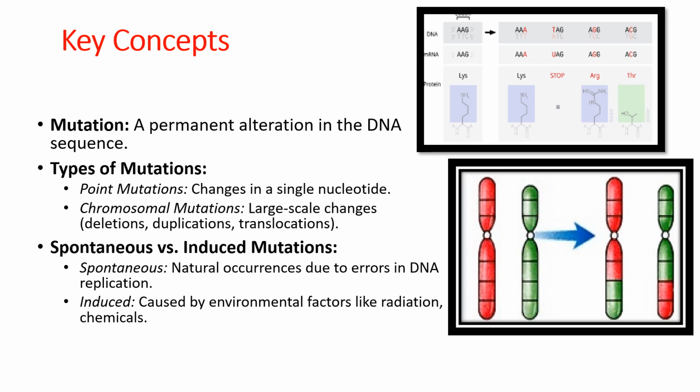When talking about the gene, this basically occurs in the DNA sequence. DNA mutation can occur at different scales, from a single base pair to large sections of a chromosome. These changes can be passed on if they occur in germ cells, which means they can become part of the gene pool. Now, there are several types of mutation.